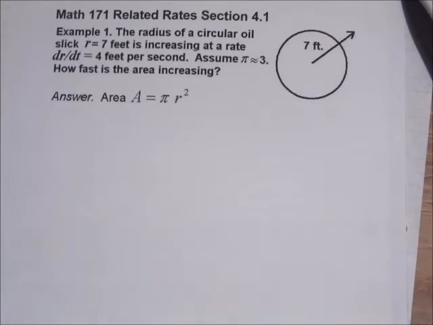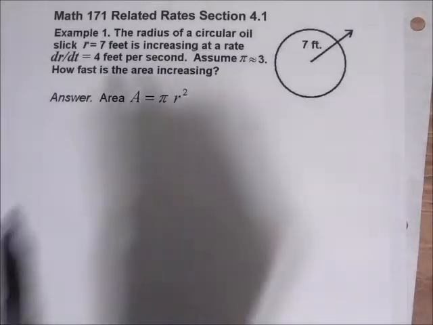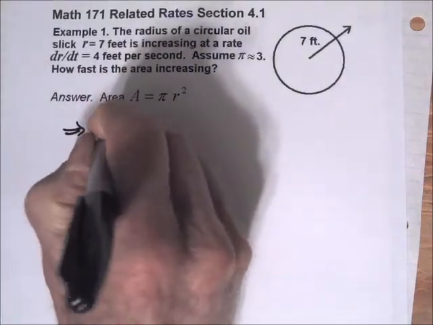Related rates, section 4.1. Example: the radius of a circular oil slick, r equals 7 feet, is increasing at a rate of dr/dt of 4 feet per second. Assume pi is approximately 3. How fast is the area increasing? Okay, so the area of a circle is pi r squared, and if we take the derivative with respect to time, we're going to get dA/dt